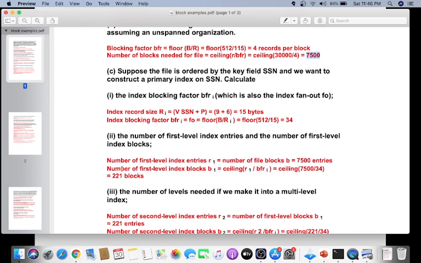Now we calculate the number of index blocks required, given by R1 divided by BFR. We calculated BFR as 34. So 7500 by 34 gives 221 blocks. So 221 blocks are required for the first level indexing.